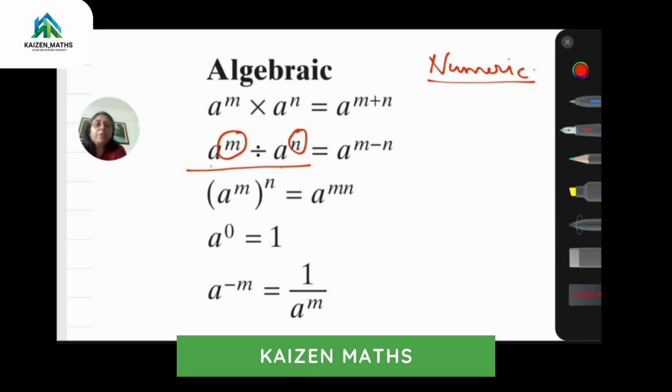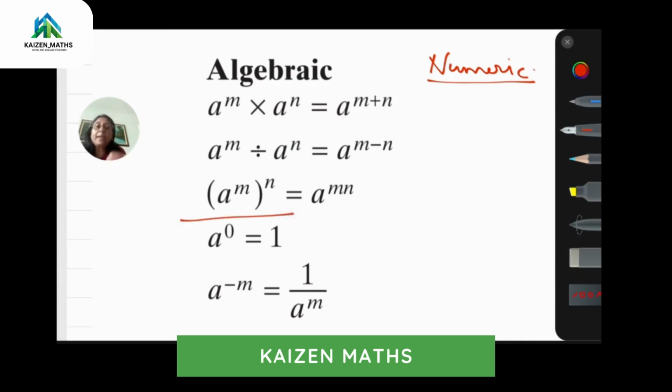सो विदाउट डूइंग दीज वर्क व्हाट वी विल डू, वी विल डायरेक्टली राइट 2 रेज टू द पावर 3 डिवाइडेड बाय 2 रेज टू द पावर 2 and it can be written as 2 raised to the power 3 minus 2 that is 1 and it will be equal to 2. Good? Okay. चलिए अब आते हैं नेक्स्ट क्वेश्चन।